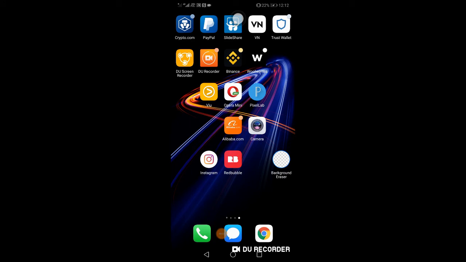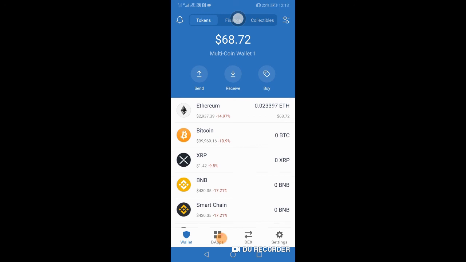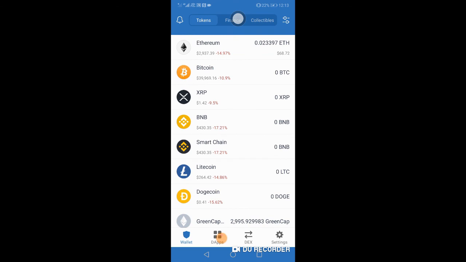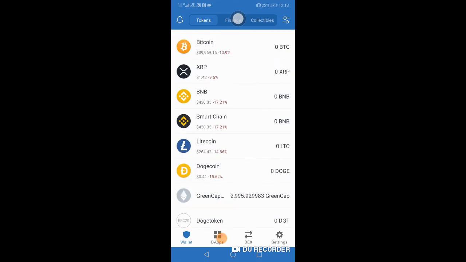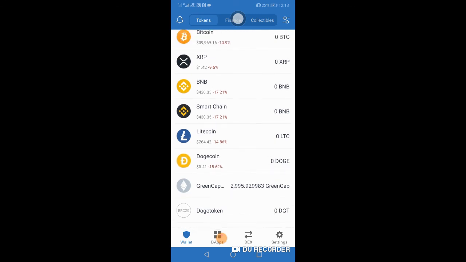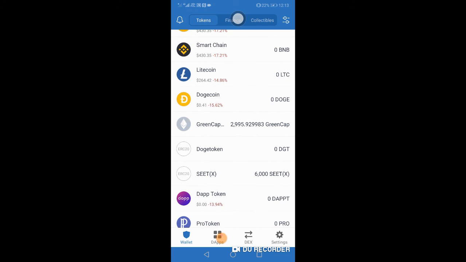Okay guys, so we're going to check if we actually got our, so there it is there. It shows that we have our Ethereum that we just sent. Alright, so what we want now, let's see what we can buy with that. Right, I would actually like to buy some Dogecoin, but we just have to wait and see when that is